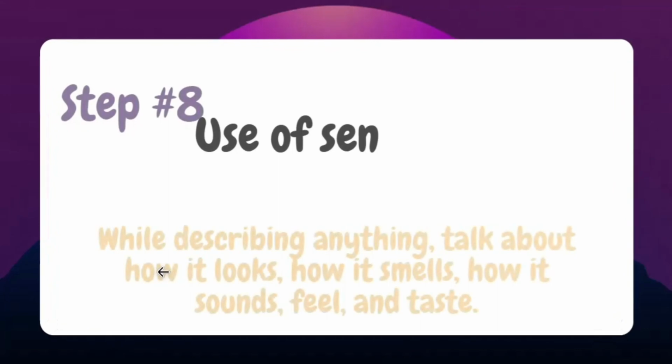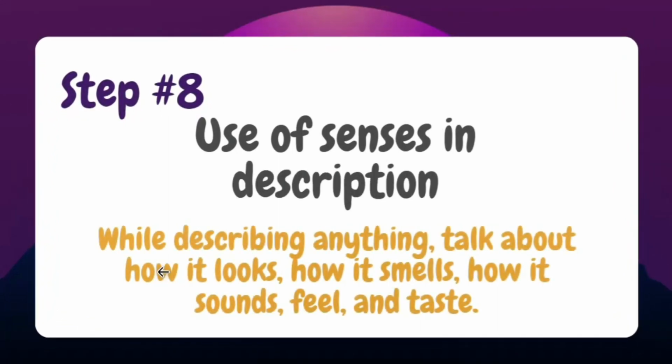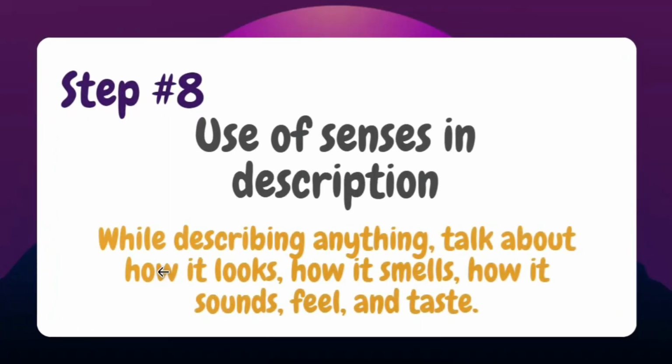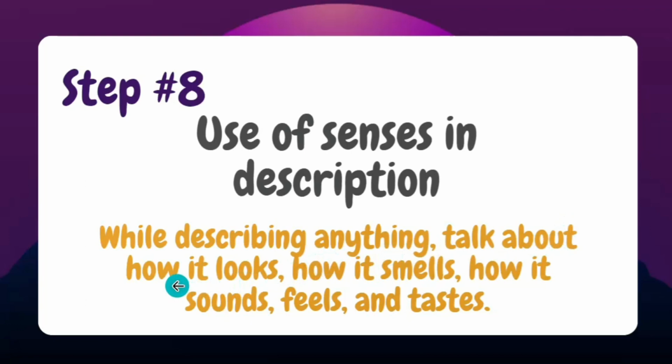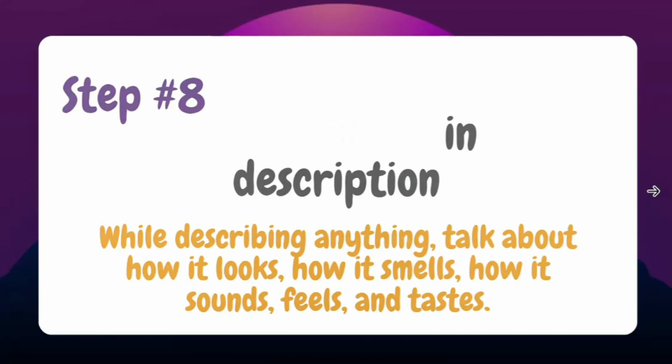Now, the next step is use of senses in our description. This is the most important thing. We need to teach them how they can make their writing lively, vivid. How to do this? While describing anything, talk about how it looks, how it smells, how it sounds, feels, and tastes. So, if there is any room for describing a setting or a character or anything by using your senses, do this. For example,